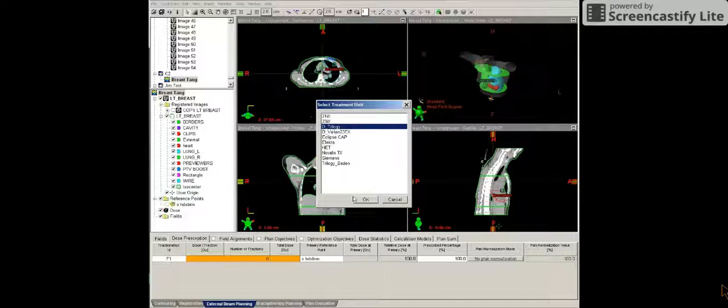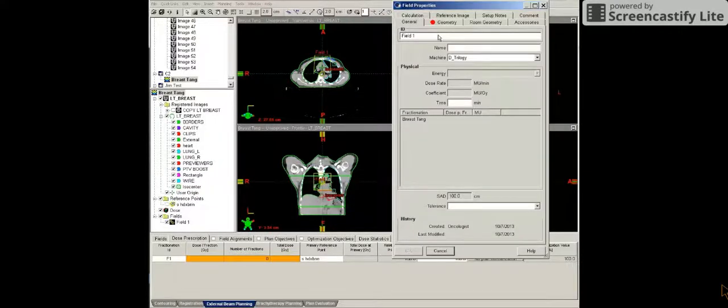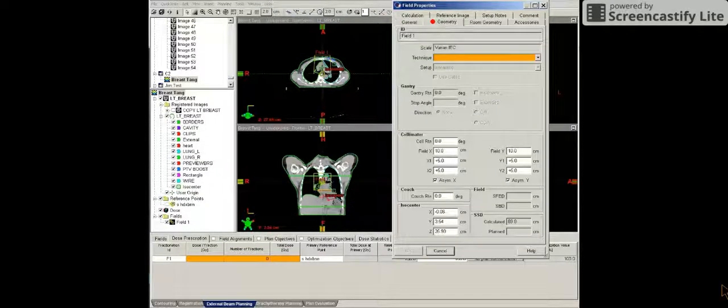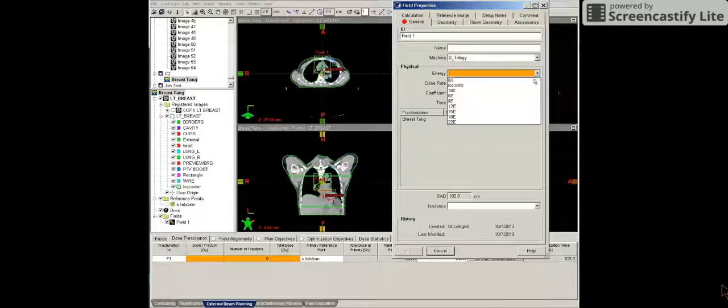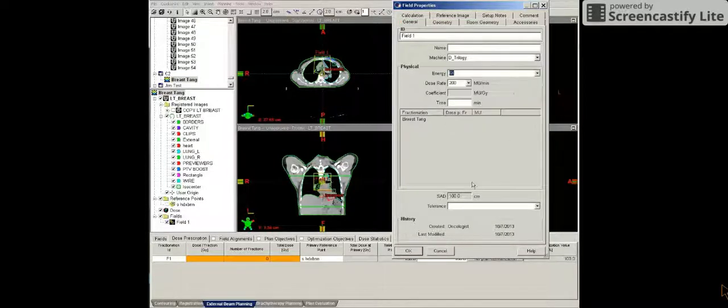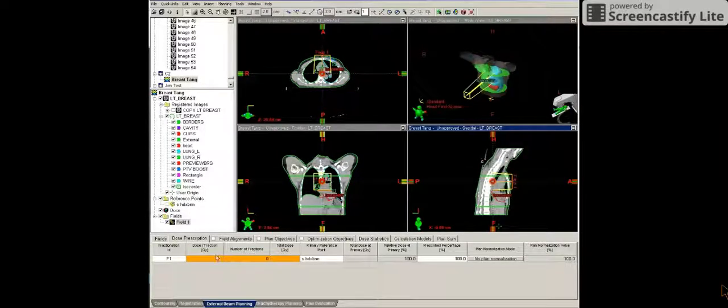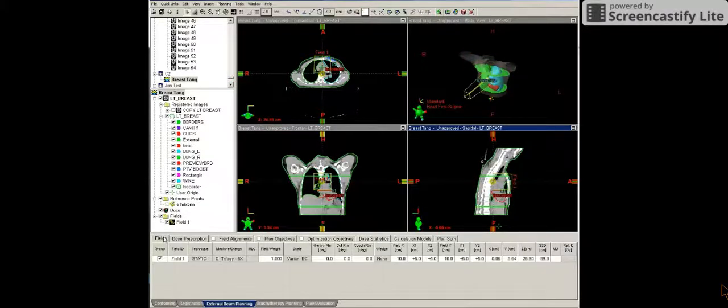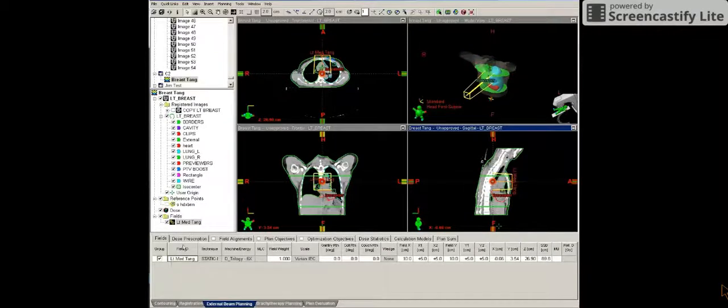Next, I'll select the appropriate machine, and then go to the Geometry tab and select Static. So this will be an open field. And we'll select the appropriate energy. So for this patient, we will select 6x. In the Prescription tab, I'll enter the prescription, which is 180 and 28 fractions. And then in the Field tab, I'm going to select the name, which will be Left Medial Tang, for left